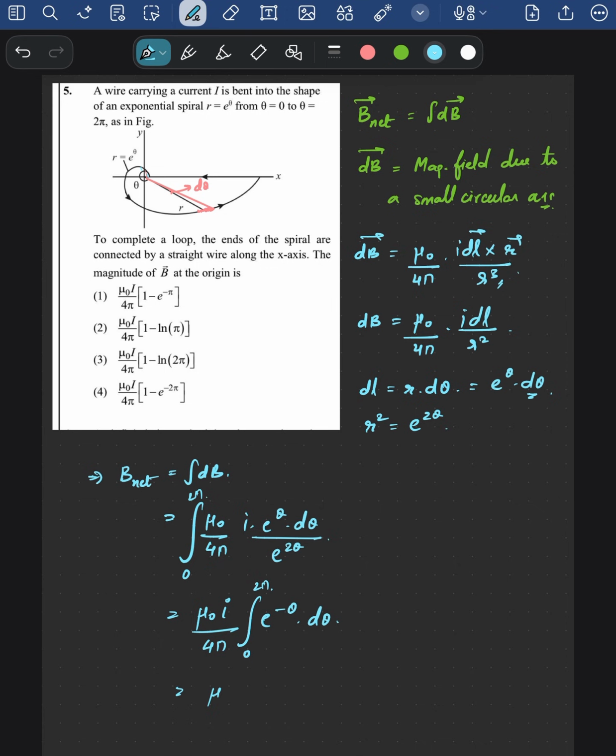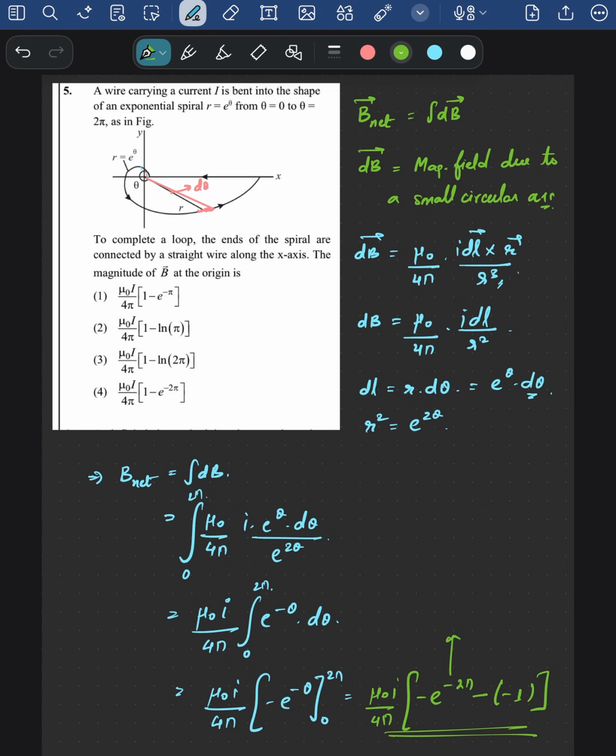This becomes mu naught I by 4 pi times minus e power minus theta, limits from 0 to 2 pi. Substituting the limits, I'll get minus e power minus 2 pi for the upper limit, and minus of minus 1 for the lower limit. So this value will be mu naught I by 4 pi of 1 minus e power minus 2 pi,